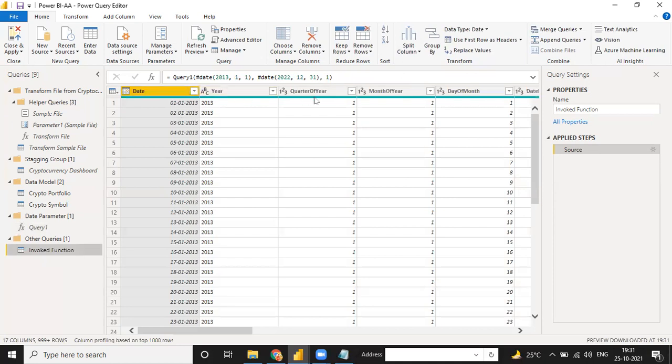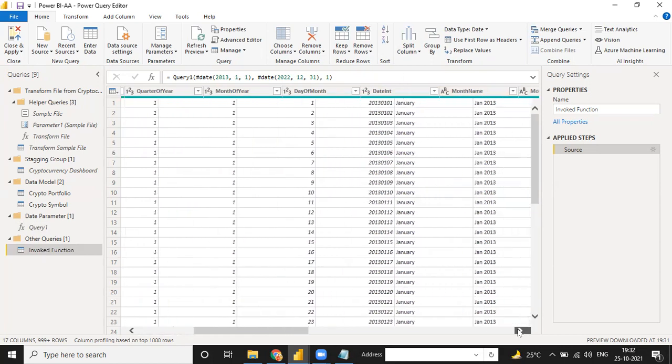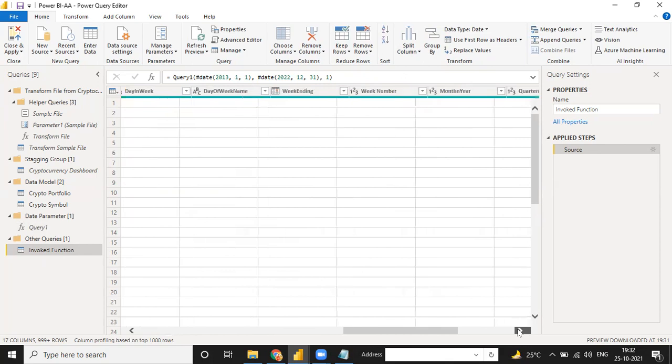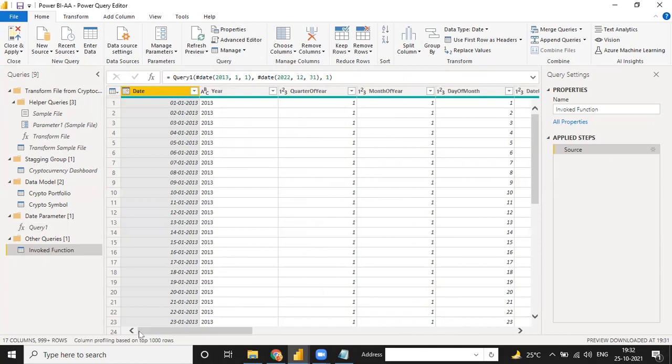See the date, year, quarter, month, day of month, date international, month name, all the things are written by just one piece of code. So you don't need to connect your date table manually again. I will tell you how to connect manually, but this is an advanced topic. After we do one or two projects, I will teach you how to make a complete date table, so that you will be comfortable with it. If I teach you now, it will take almost 2 hours, and you would not understand, because the date table is a very hard table. It is not simple.